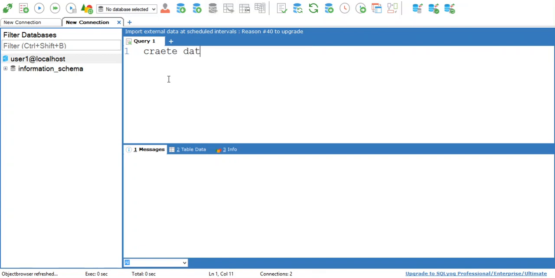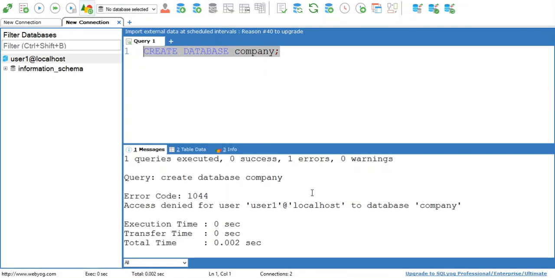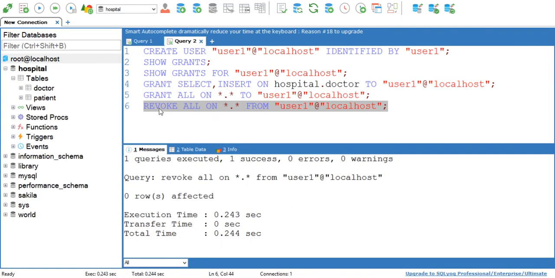If you try to create any database here, it will give you an error message that access is denied for user1, because we have revoked all the permissions from user1. So this is how you can create a new user, give grants to the user, or revoke grants from the user.